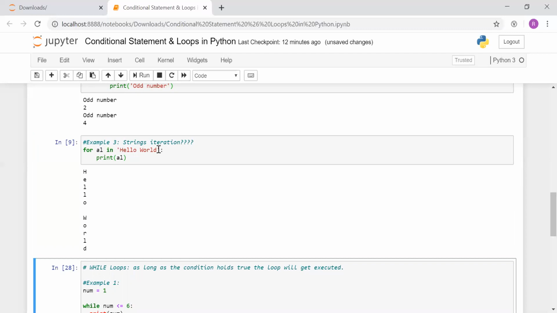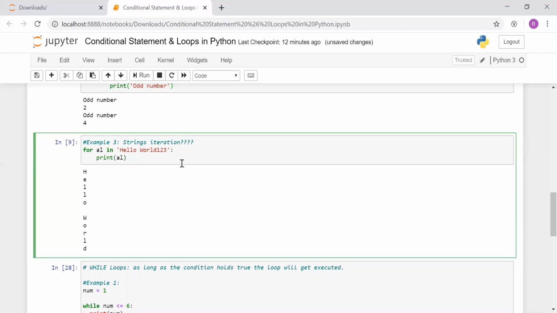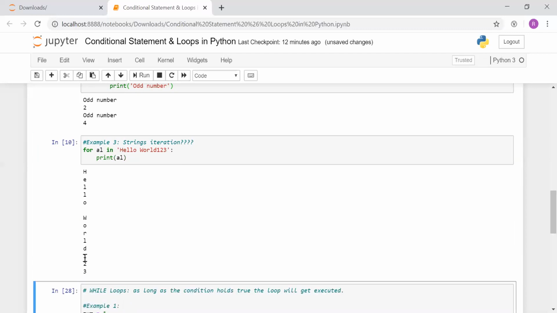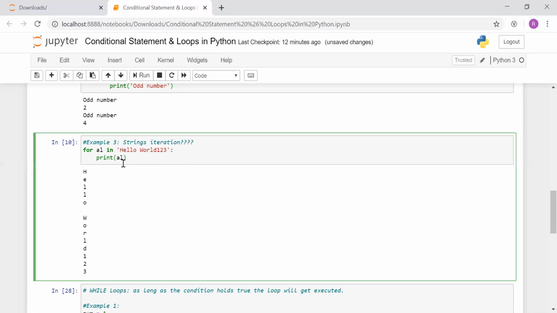If we have written hello world 123, it also prints 123 since it is in quotes. Within quotes, whatever characters we write, whether a number, special character, or alphabet, it will print considering it as a string. So this was the example of string iteration. Hope you are clear with this also.